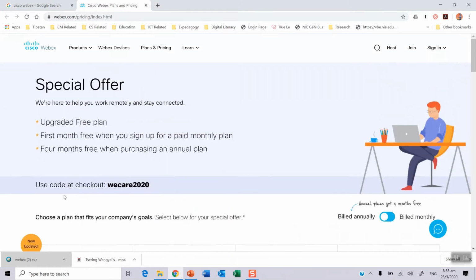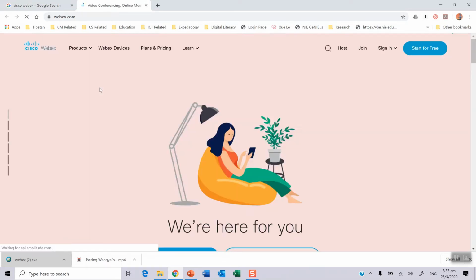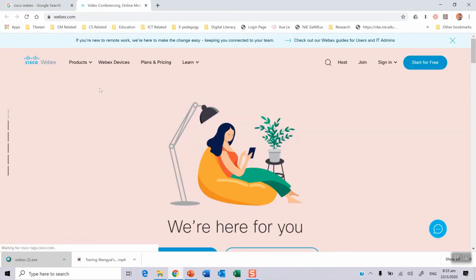All right, so now first things first, let's go back to the main page of the website. So here, for those who have to create a new account, you can go here and click start for free. If you have already created an account, you can sign in, right? Otherwise, there are two options here. If you want to host a meeting, you click here. Your students will just click the join a meeting part. They just click on join, and when they click on join, they will be given a